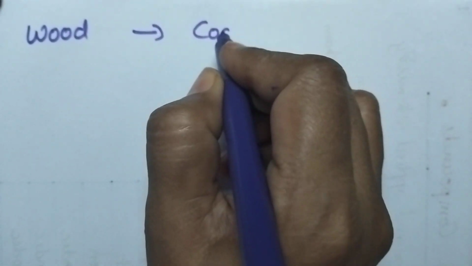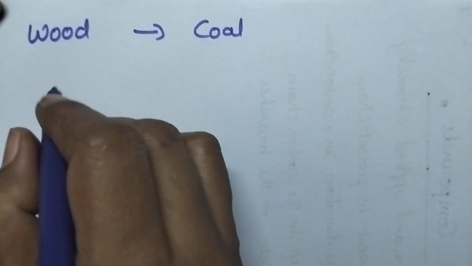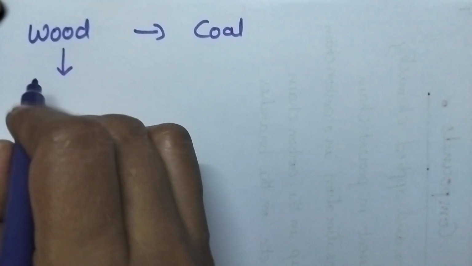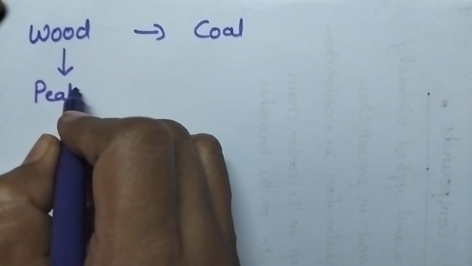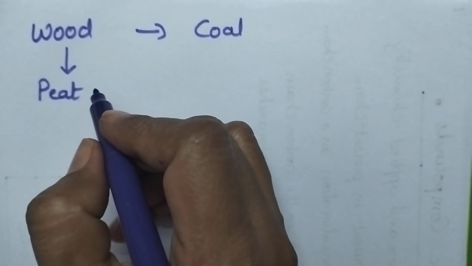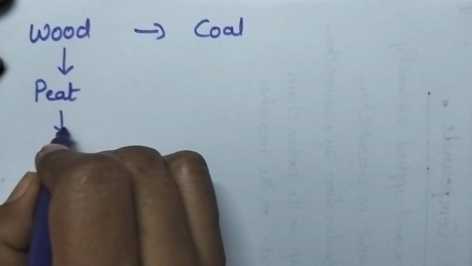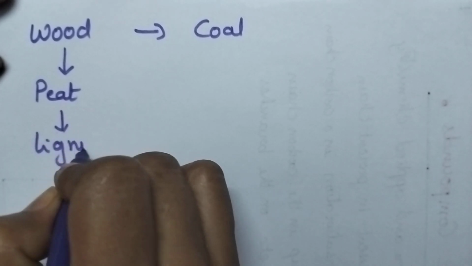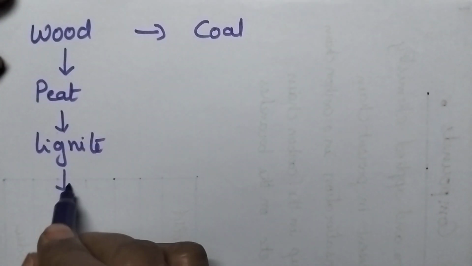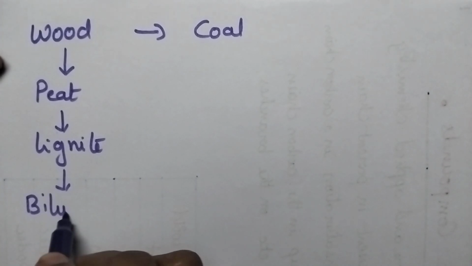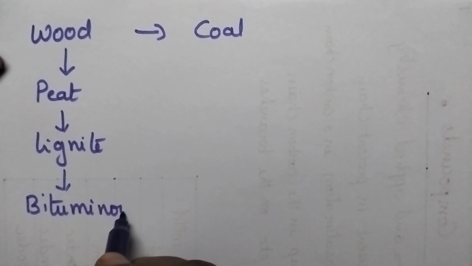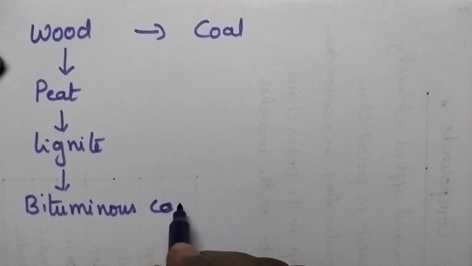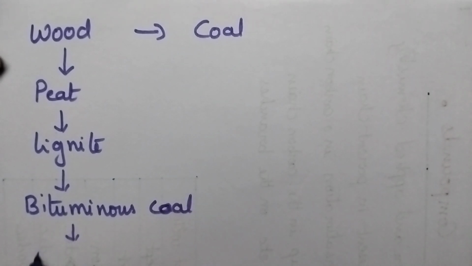Let us consider the conversion of wood into coal. It takes place in several steps. Initially, the wood is converted into peat. Peat is a brown fibrous jelly-like mass. Then it is converted into lignite. Then it is converted into bituminous coal. Finally, it will be converted into anthracite